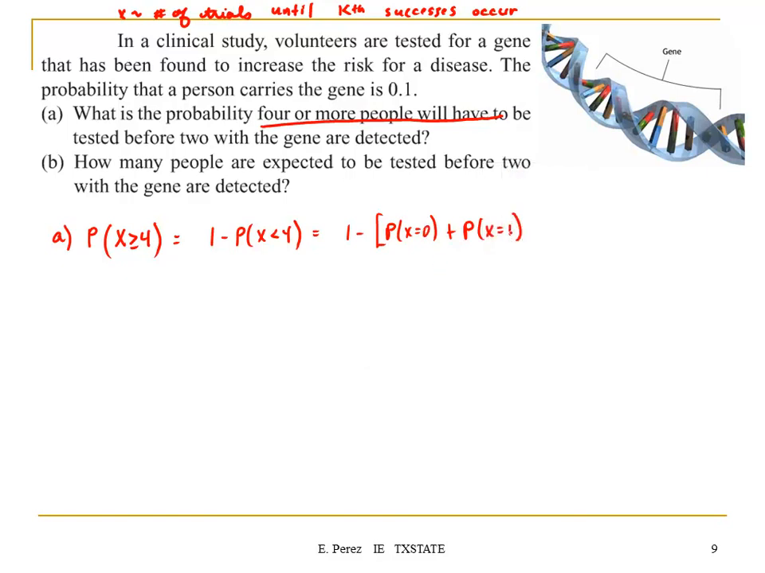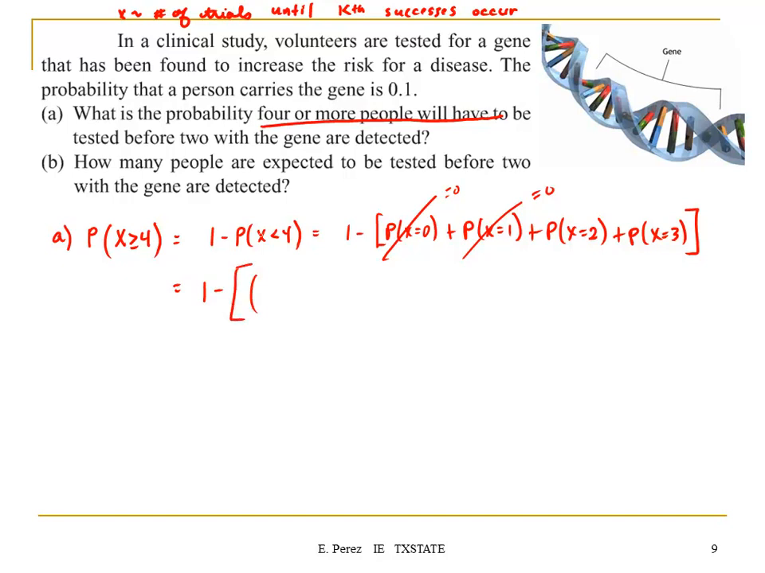So 0, 1, probability of X equals 2, and the probability of X equals 3. But we know these two are 0, because you need at least 2 to satisfy that condition. So this will be equal to 1 minus,